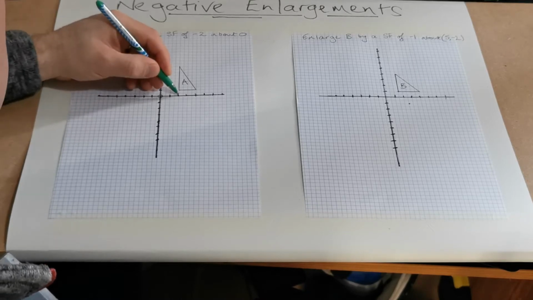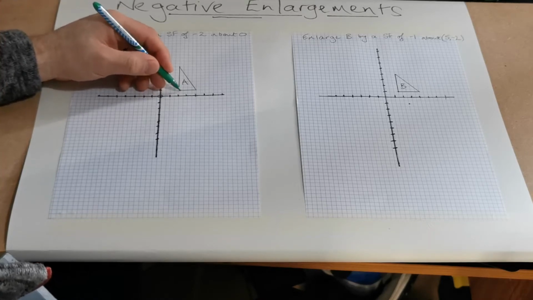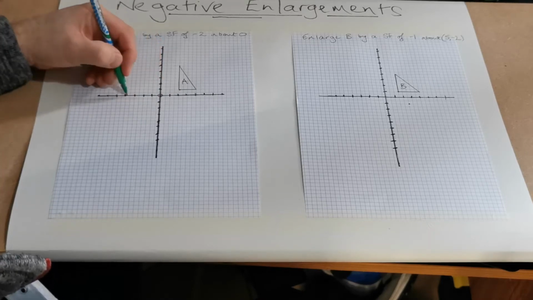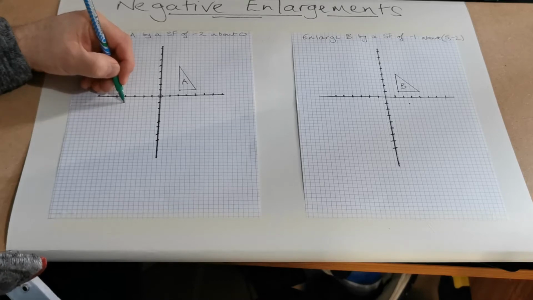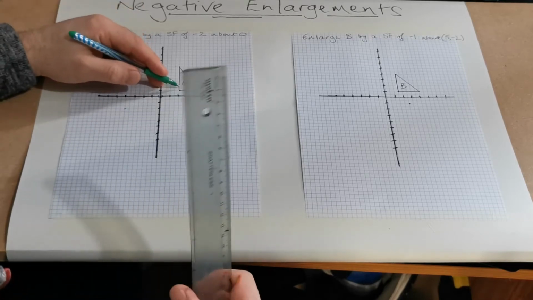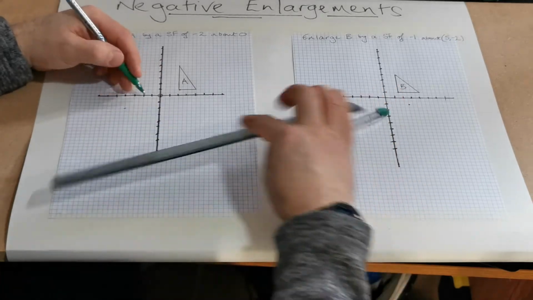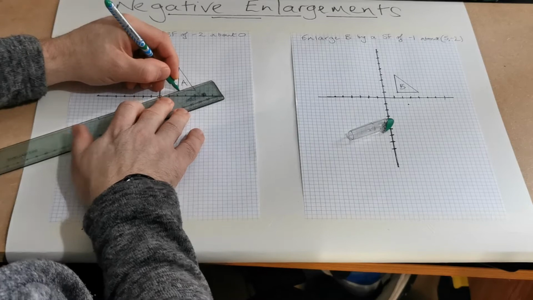And if it was 2 up, so I've gone 4 along and then 2 up, so it goes 8 back, because I'm scale factor of -2, and then 4 down, you can see that it's come out down here. And if I join these points together,